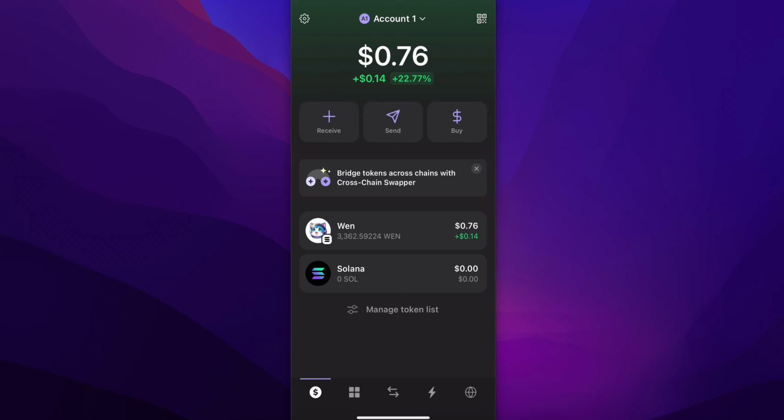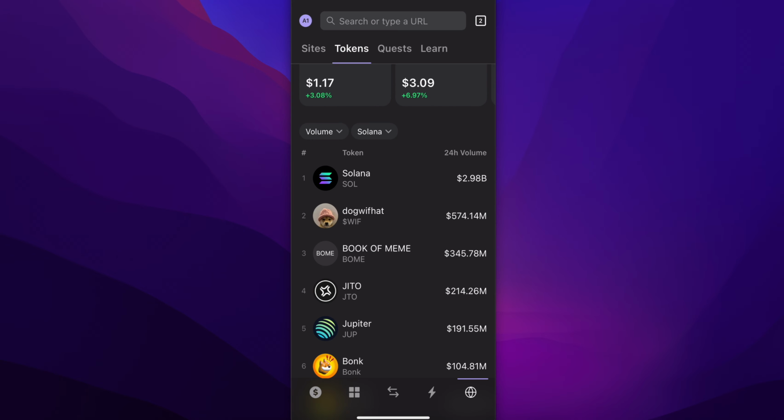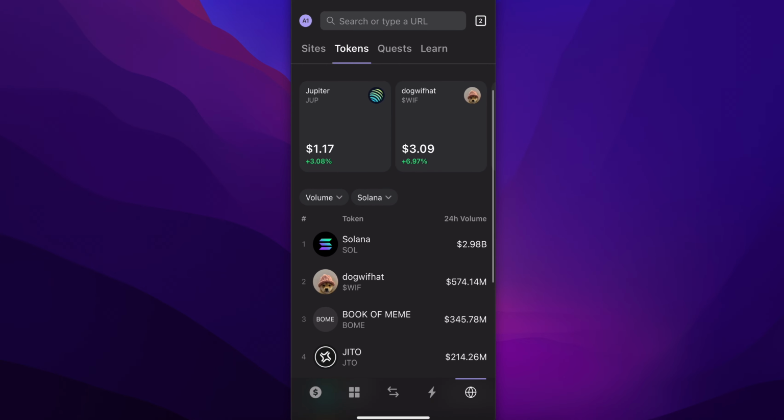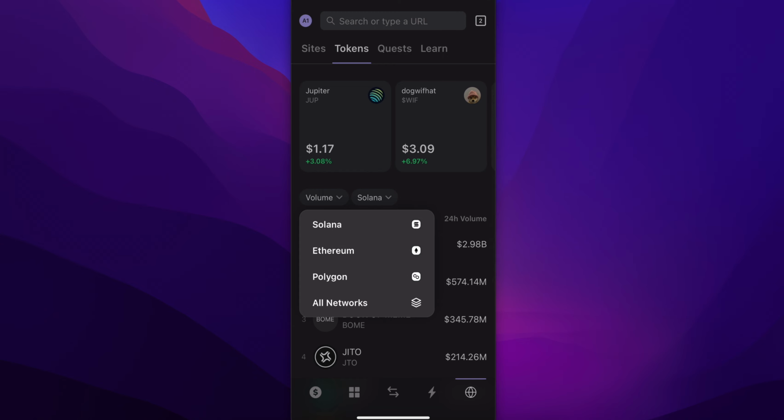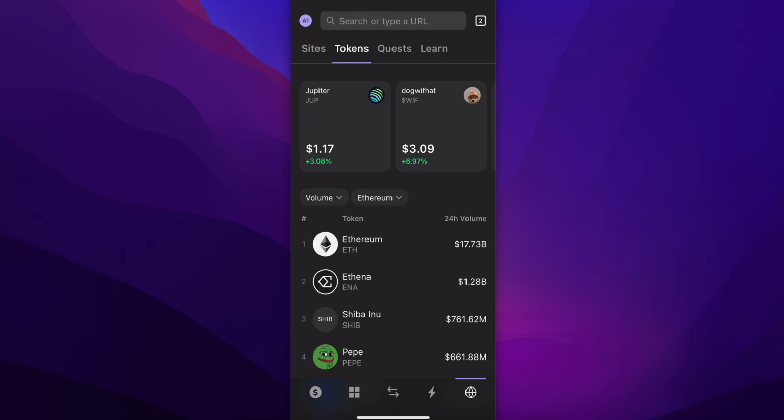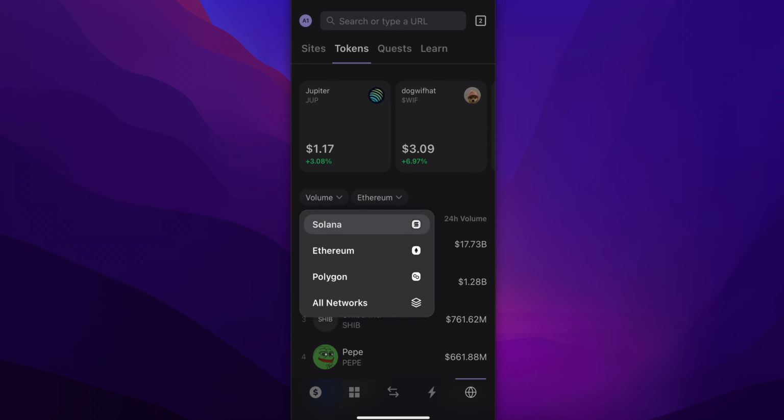So let's say I want to buy this WEN. As you can see, I have some WEN token, this meme coin. So all I had to do is simply send some Solana from another wallet here. As you can see, I had some Solana, and then I can simply go and search for Solana tokens. And as you can see, if you want, you can basically select other types of tokens depending on the network,